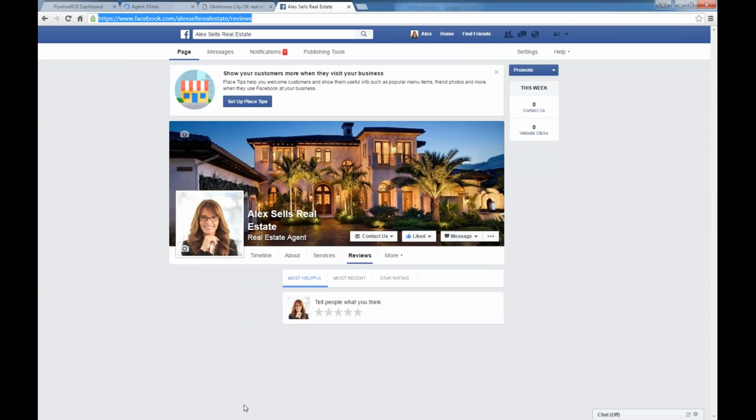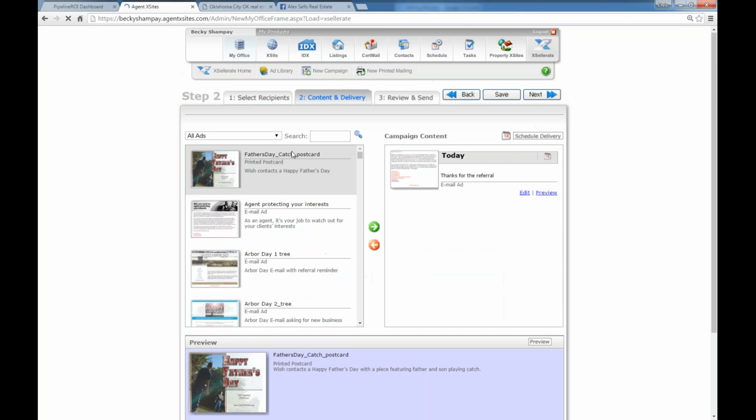If you already have a Facebook page, I would suggest going there, clicking on this reviews tab, and then using this link whenever you're sending things in email. Because search engines do crawl these, and it does go into your search rank. All right, now that we've got this set up, we're going to edit